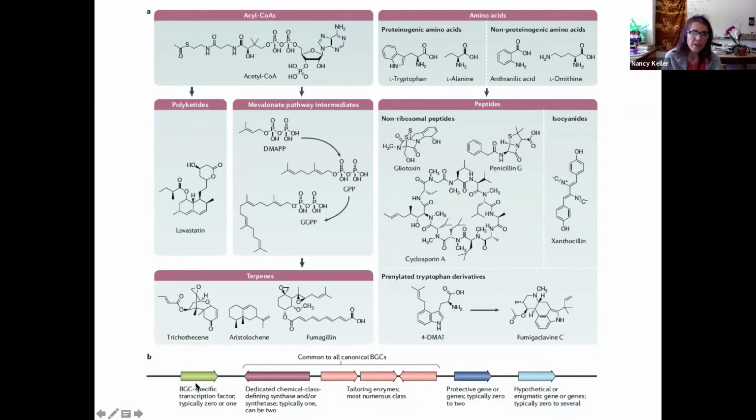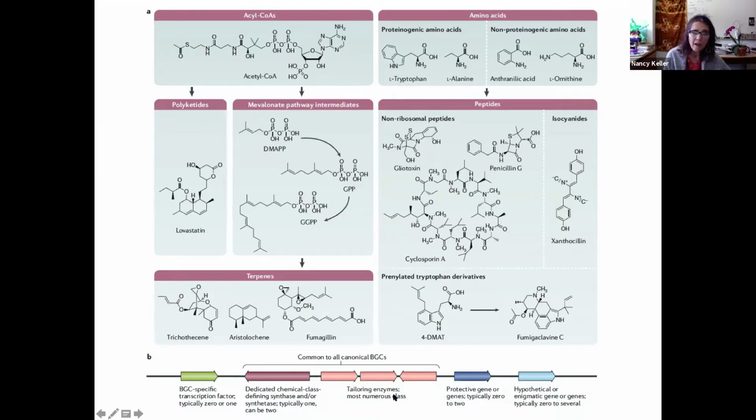And a biosynthetic gene cluster will often, but not always, have a transcription factor that's specific to activate the expression of the other genes in the cluster. There will often be a protective gene because some of these compounds are antifungal. A good example is gliotoxin made by Aspergillus fumigatus. It is an antifungal, so the fungus itself has to find a way to protect itself, and it has an enzyme in the pathway that will cleave the gliotoxin to a more harmless compound. And there'll be hypothetical genes. So these are our canonical secondary metabolites that are produced from biosynthetic gene clusters.